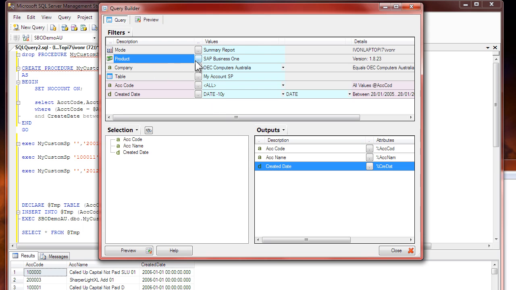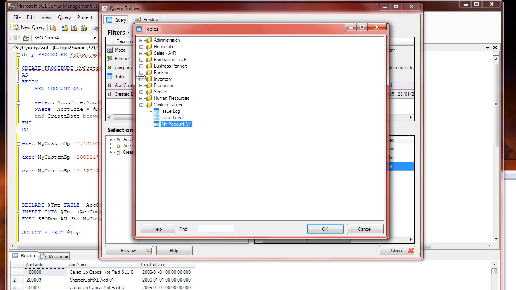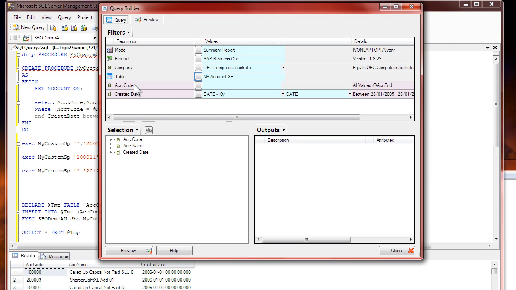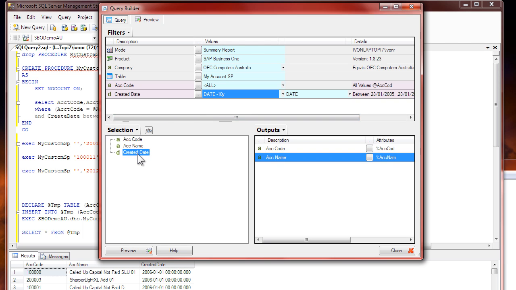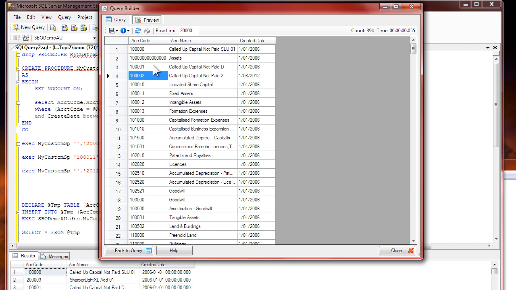So I have a product, in this case it's SAP Business 1, and in the table list I've added a custom table called My Account SP. If we select that, you can see that I've got some mandatory filters that are pre-populated, and these mandatory filters pretty much mirror the parameters that need to be passed into the stored procedure. So here are our outputs, and if I preview the query